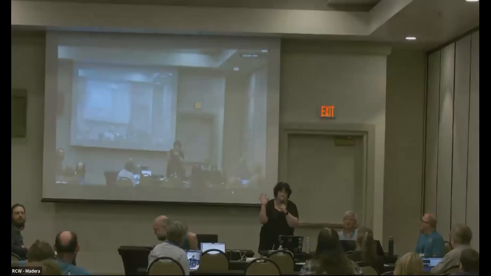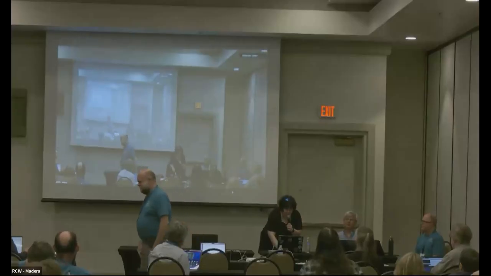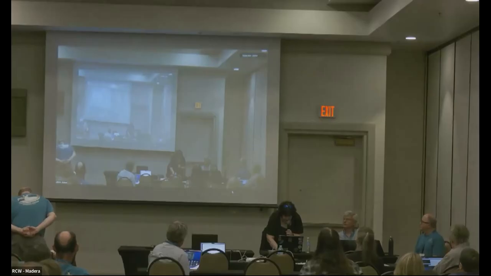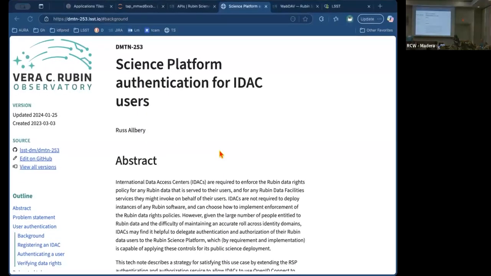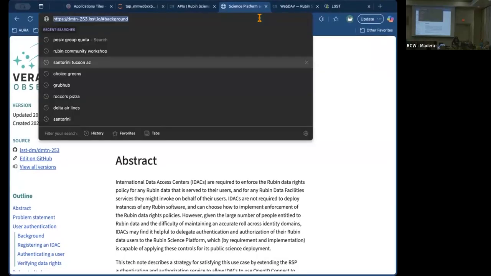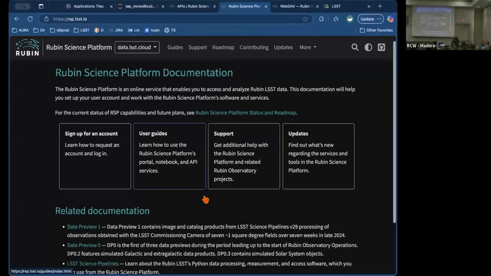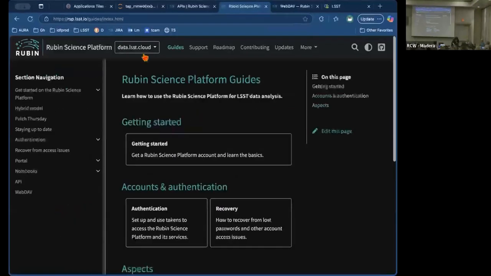It's not astronomy specific. And if you please, where's the Zoom? If you want to, okay, all right. It doesn't work on Delta Airlines, okay? Yeah, okay, if you go to rsp.elasticity.io,